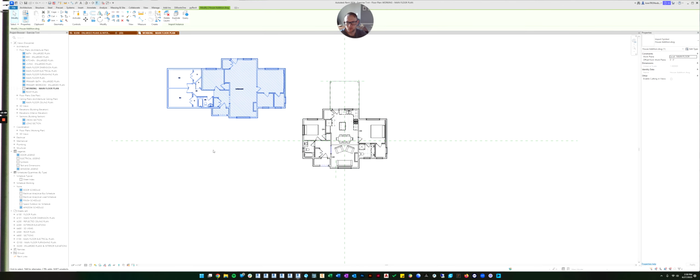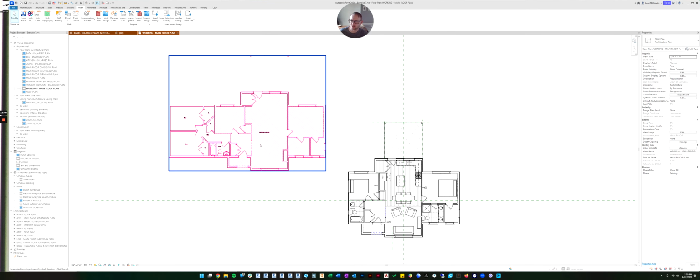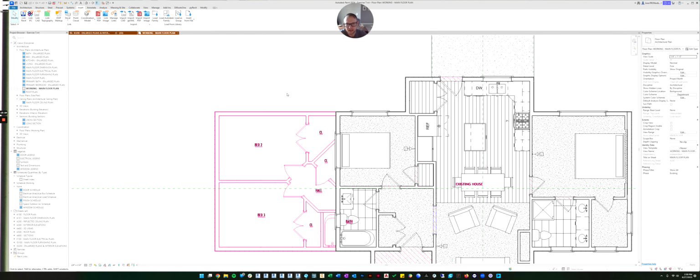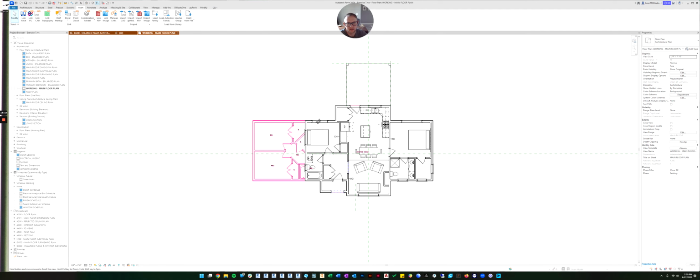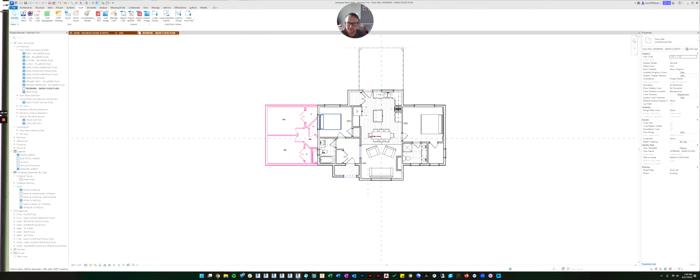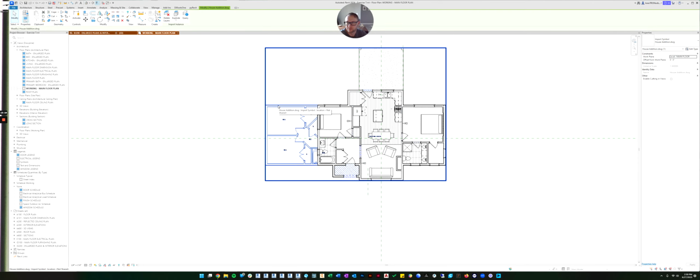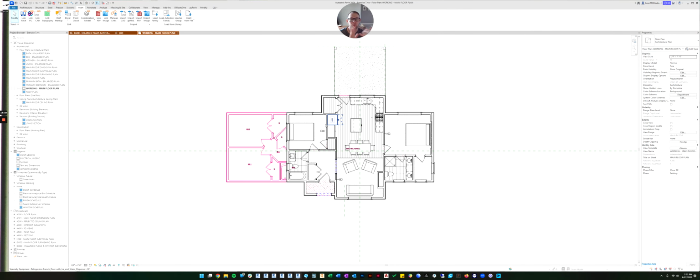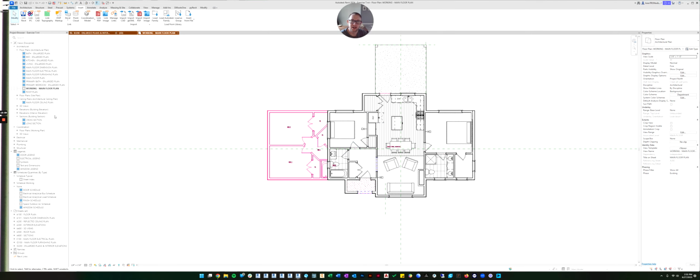If I select it and move it, you can see everything's magenta. I'm going to do Control Z and undo that. And now I can clearly see what's CAD file and what is my model. That can be really helpful. All right, so now that we have the CAD file imported, the graphics are overridden so we can tell what's going on, and it's aligned, now we can start modeling in the correct phase. We'll start that in the next video.